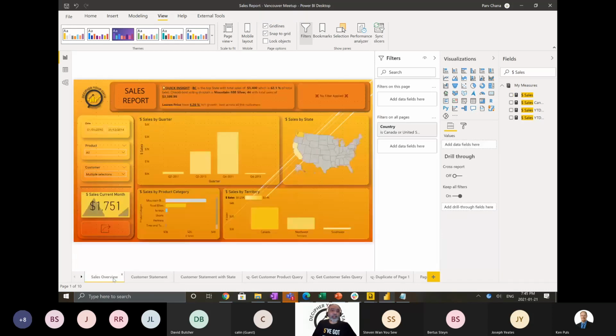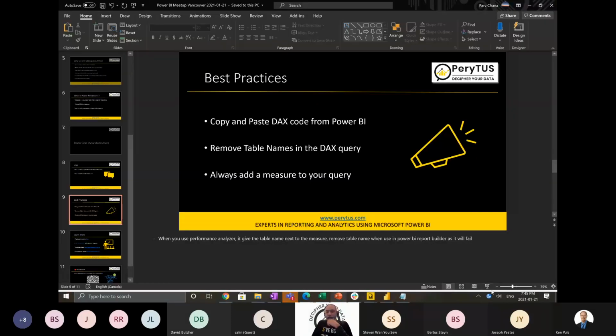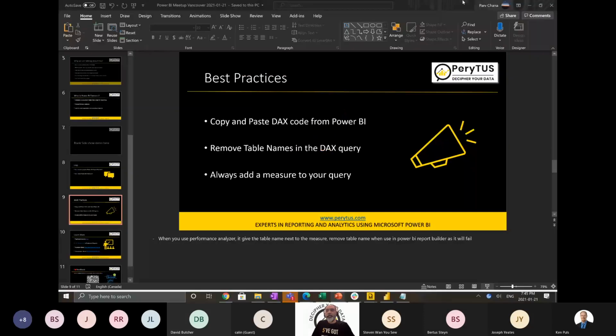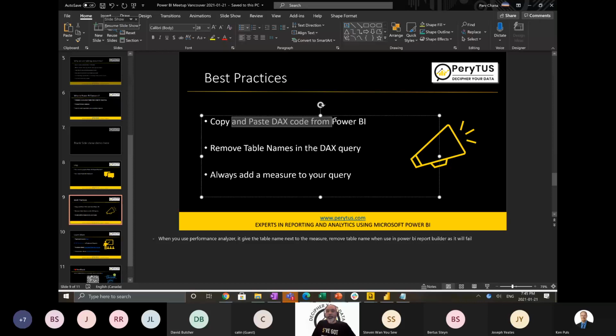But in the meantime, you can take advantage of these things with DAX, and from Power BI Desktop, you can really make these things happen. So quickly going back to the presentation to make sure I covered everything. I don't know which screen you guys are looking at right now. I think we see your presentation mode, yeah. Okay. So again, copy and paste DAX from Power BI, remove table names from the DAX query, and